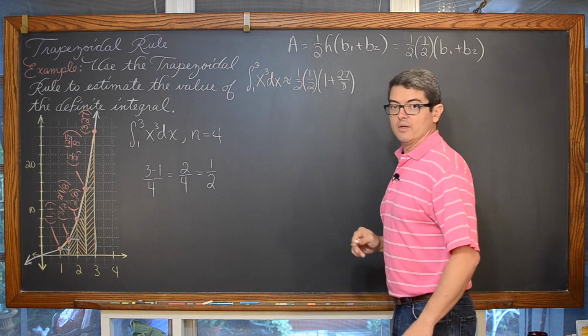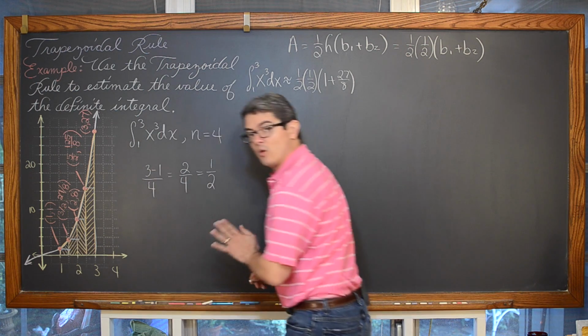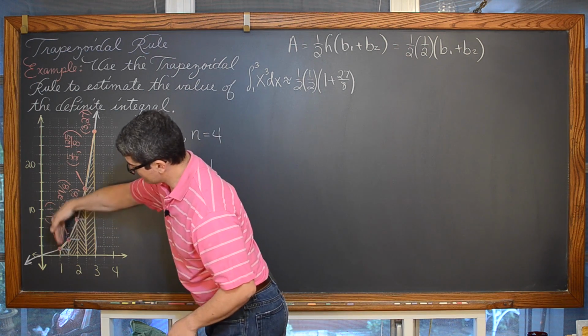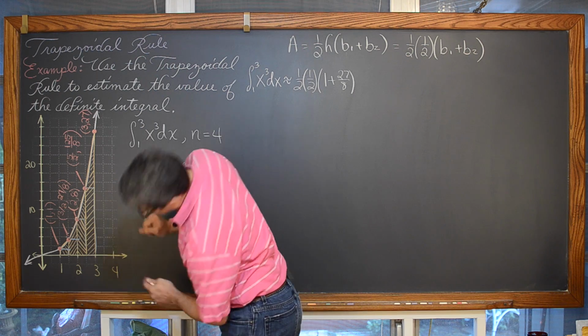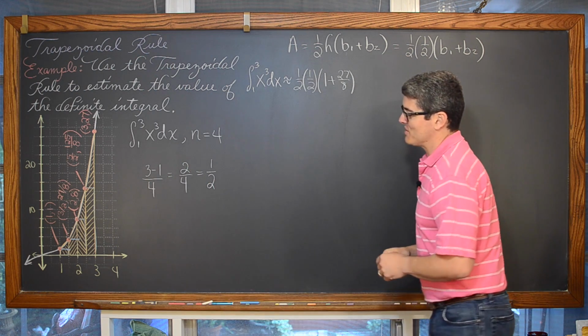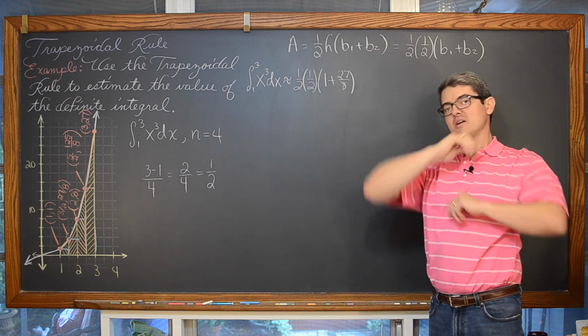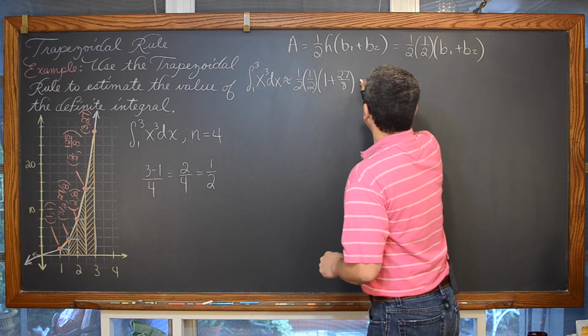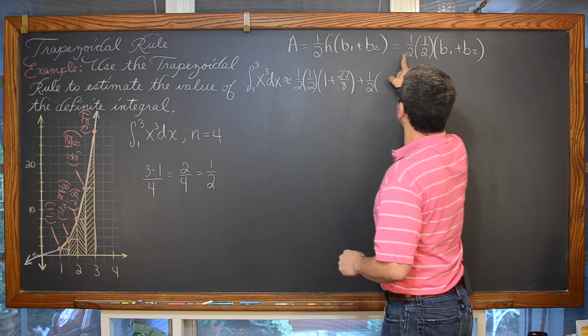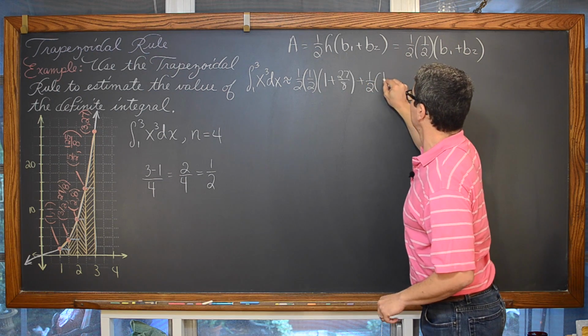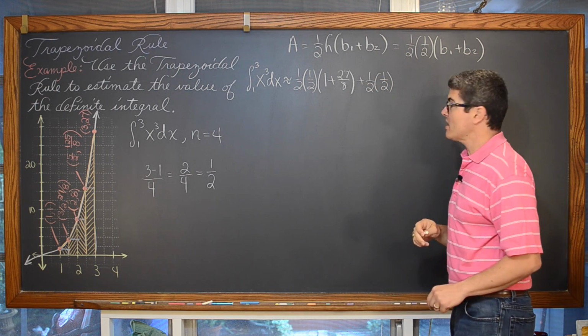And that is the area of that first trapezoid. Hopefully you're seeing that the bases are vertical, so you kind of need to turn your head sideways to see the orientation of those trapezoids, like you probably would have seen in your geometry book where the bases were horizontal. And then we have another 1/2 because we're doing 1/2 the height. So the height again of those trapezoids is 1/2.